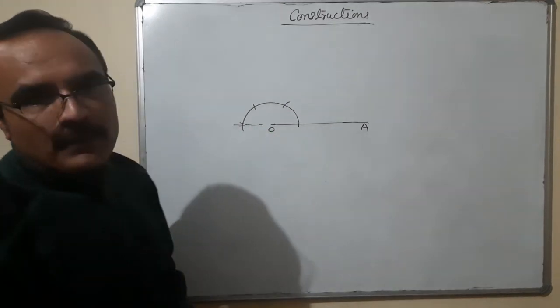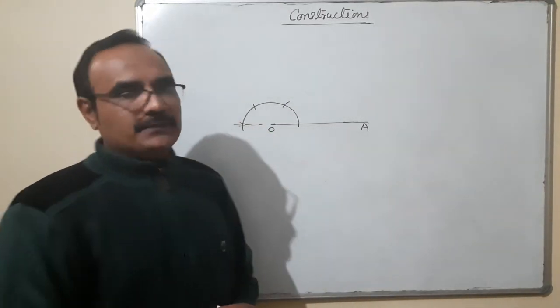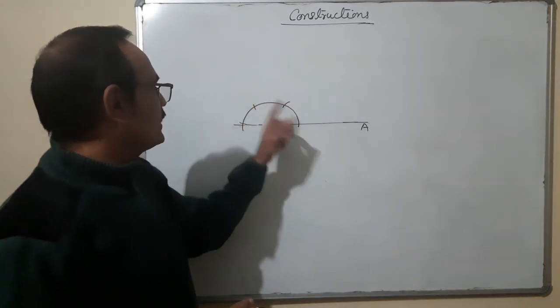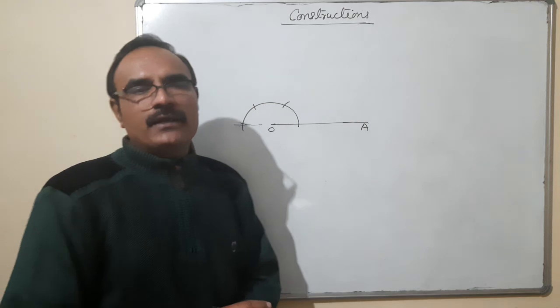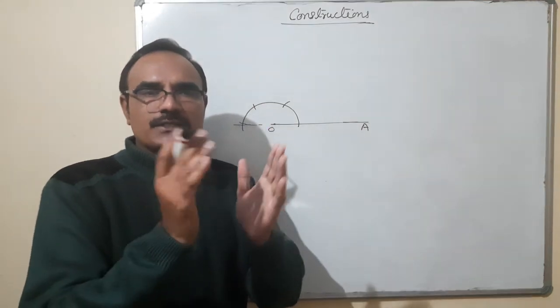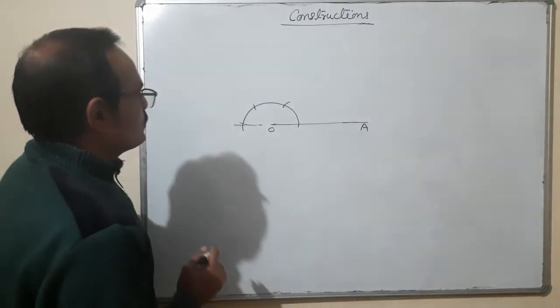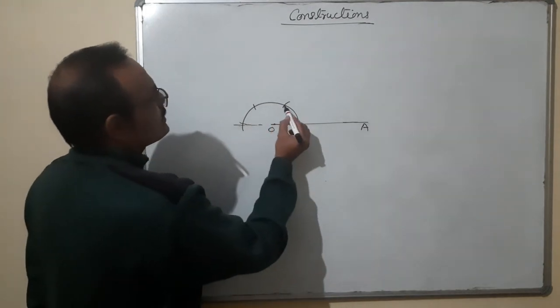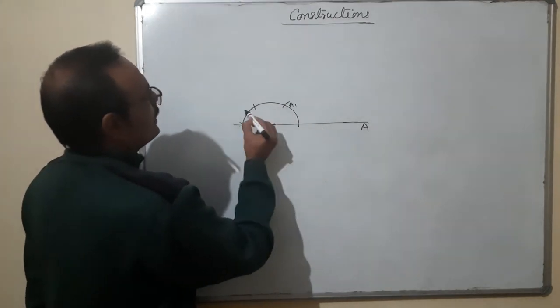We are going to draw a perpendicular, that means a 90 degree angle. So it is 60 degree. If I join it here, 60, and I join it here, that becomes a 120 degree. And the 90 is coming between 60 and 120 degree. So what should I do here? I am going to draw the angle bisector of these two angles. This is A1, it is A2.